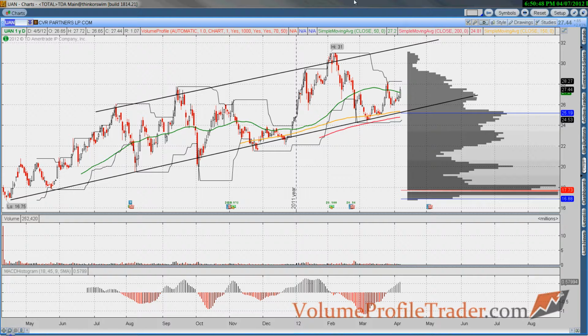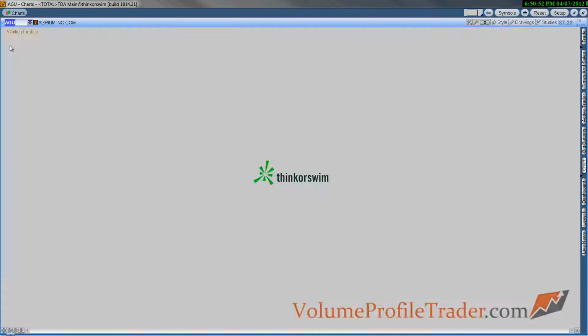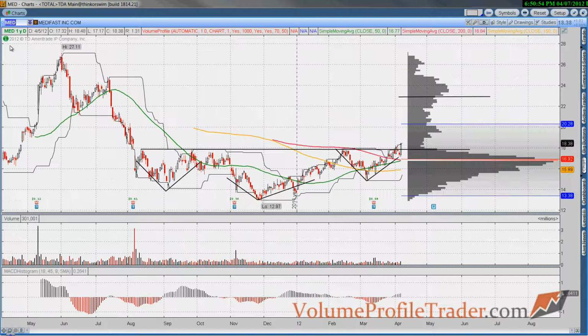This is one of those investments, not necessarily a trade. Same goes with Agrium and Medifast. These could be trades or investments, whatever, that you hold for 6 months to 18 months. You never know. You just let it go and do what it's going to do. So really, that's it. I hope this gives you a broad-based idea of what I'm looking at in the market,